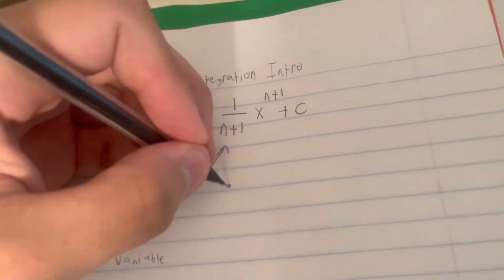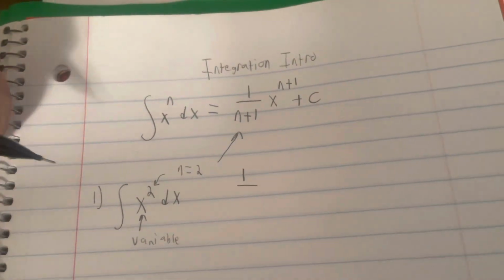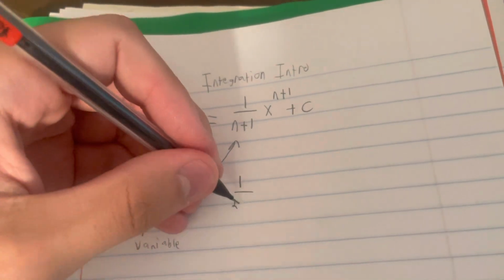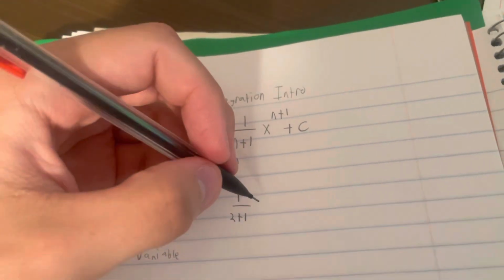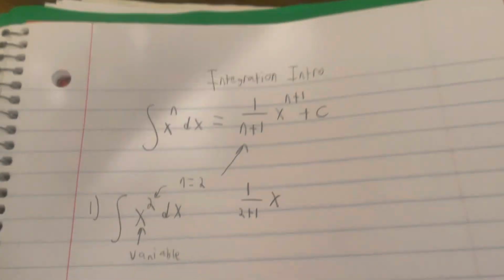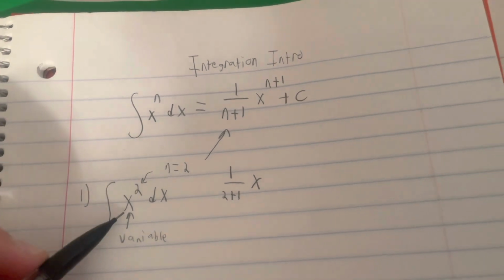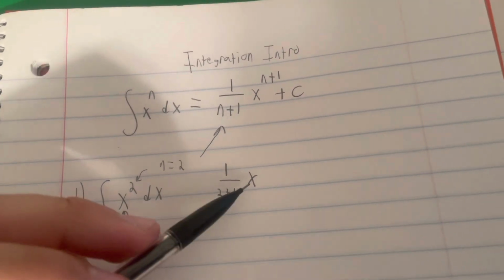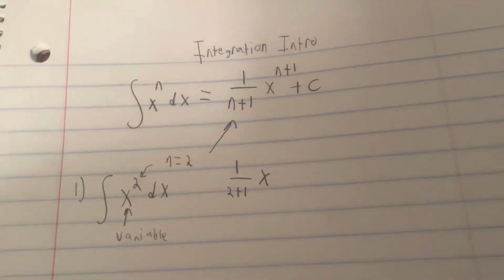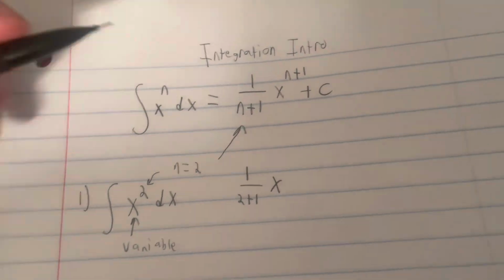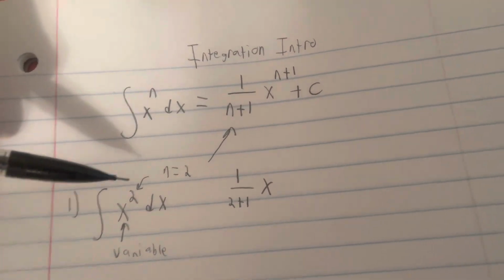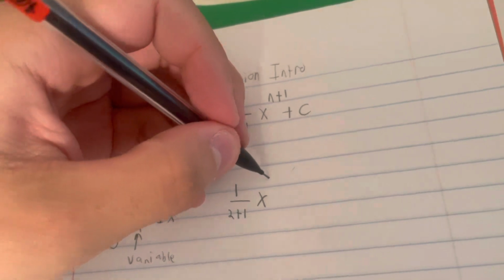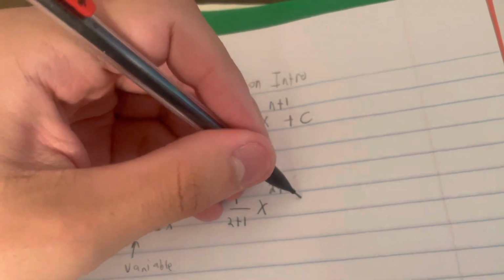And now that we have that information, we can actually integrate it using this equation right here. So let's try this out. We have 1 over, well, we know that the n value is 2, so that's going to be 2 plus 1. And then I'm going to multiply that by x. The x does not change, unless, of course, it was a definite integral, then we would actually have to plug these values in. But like I said, I'll do that in another video, maybe at a later time. So we have to raise it to the n plus 1. Well, we know that n is equal to 2, so that's going to be 2 plus 1,